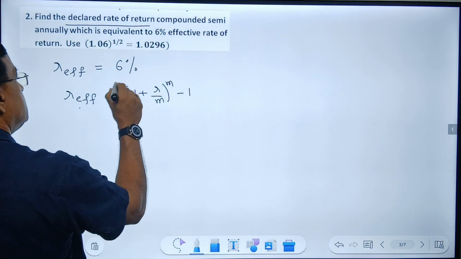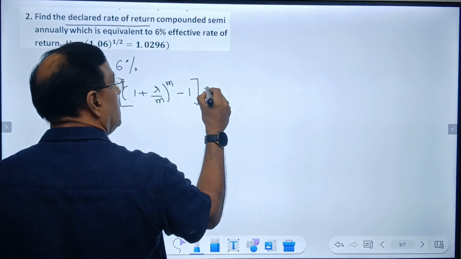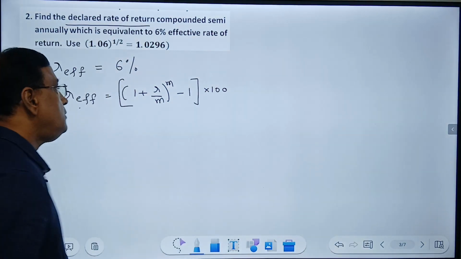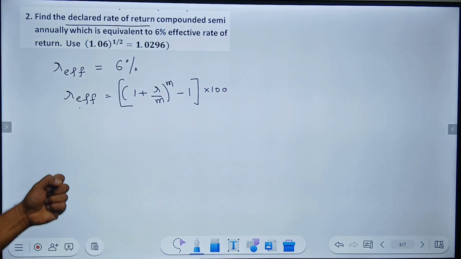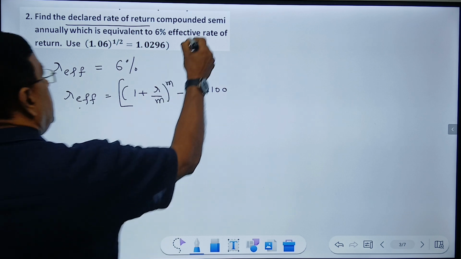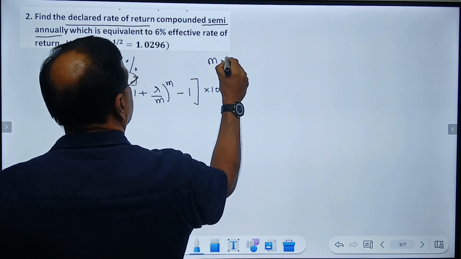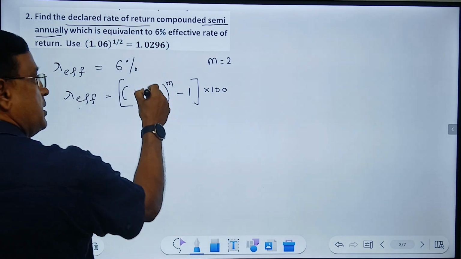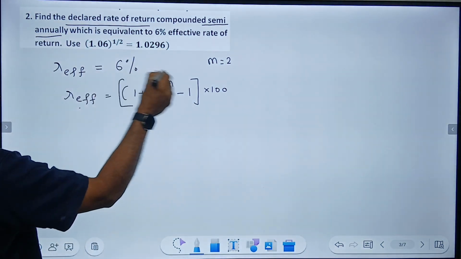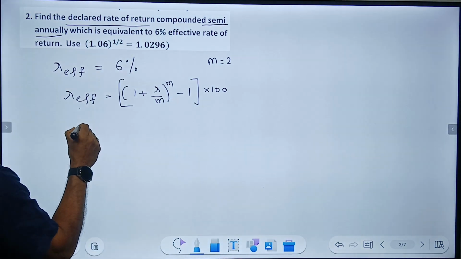Of course, since it is a percentage, I divide by 100. Correct? But now it is actually semi-annually, so my M will be 2. So I want to find what my R is. Since if you divide it by 100, it will be